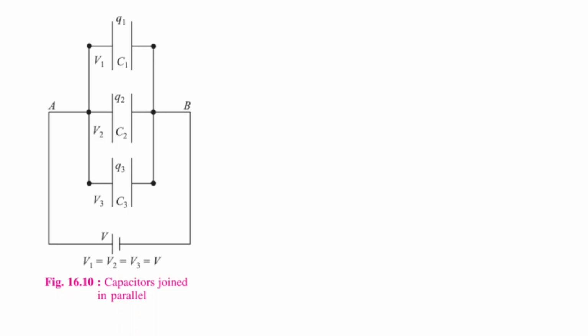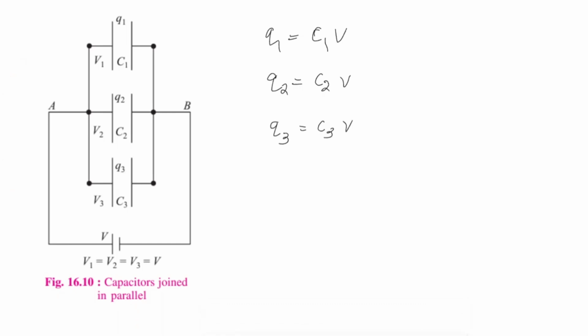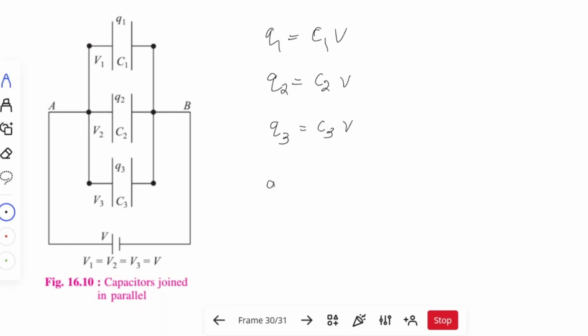So from this figure we get Q1 is equal to C1V, the potential is the same. Q2 is equal to C2 times V and Q3 is equal to C3 times V. Here Q1, Q2 and Q3 represent the charge stored on each capacitor, and they are directly proportional to the capacitance of each one. So the total charge Q